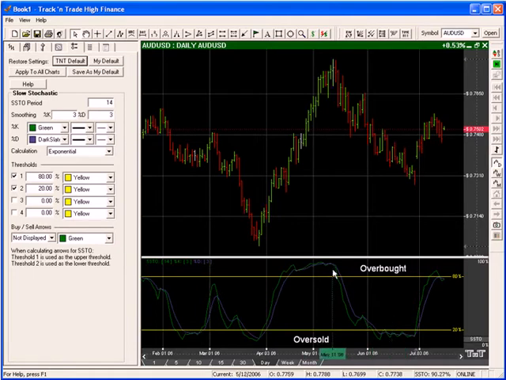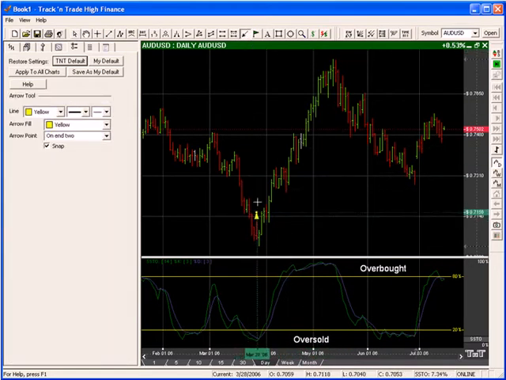Now, what that means is that whenever these moving average lines down here, based on this stochastic indicator, reach up into the overbought region and then cross over, this is an indication that the market is going to change direction from overbought to oversold. So you can line these up and you can see right here, this is an oversold region, and sorry about that, my arrow's backwards. This is the oversold region. You see the market's coming down into the bottom side of this, and it corresponds to the stochastics oversold region down here. And so as this market comes down, you can anticipate a change in direction as the market comes down into this oversold region, and that's exactly what we saw right here in the